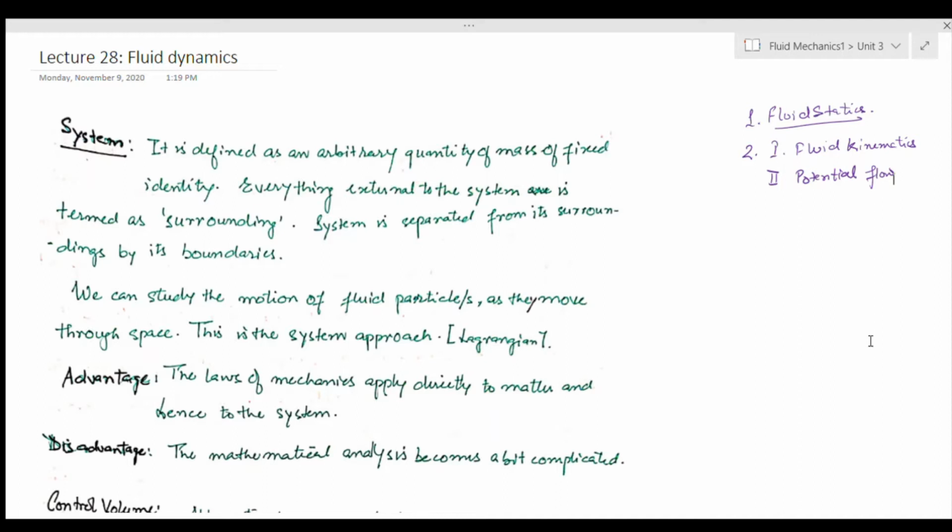So from there we came up with the stream function and then the potential function, and then we moved forward to an ideal flow case, an ideal fluid flow case where we are going to use the potential function. We call it potential flow theory, and we said that this is the domain where we have incompressible irrotational flow. We are dealing with incompressible irrotational flow.